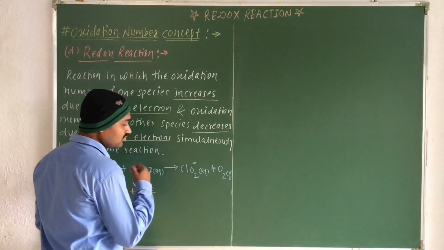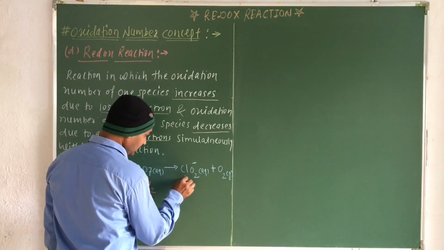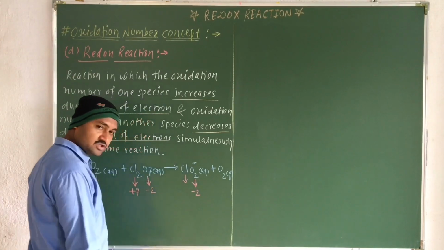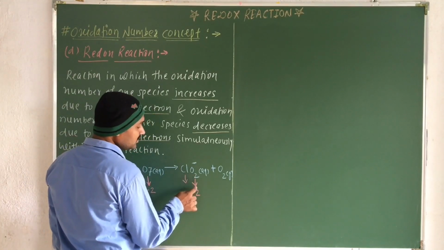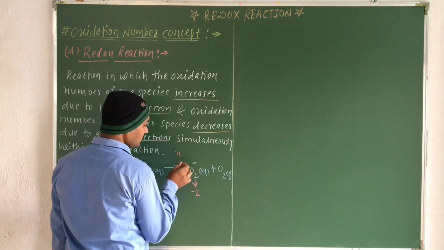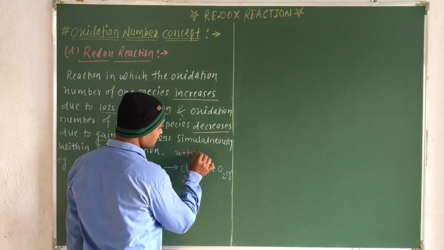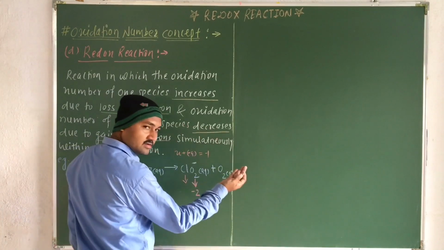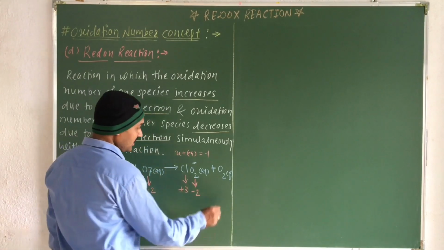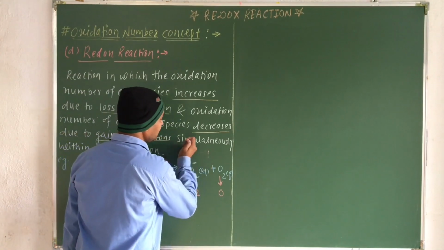Now here again find out the oxidation number of chlorine. Here the oxygen atom will show the oxidation number -2. Therefore 2 into -2 is -4. So x for chlorine, -4 for the two oxygen atoms, equals -1. If I just solve this, the final answer will be +3. And oxygen will show the oxidation number 0, in the free elemental state.